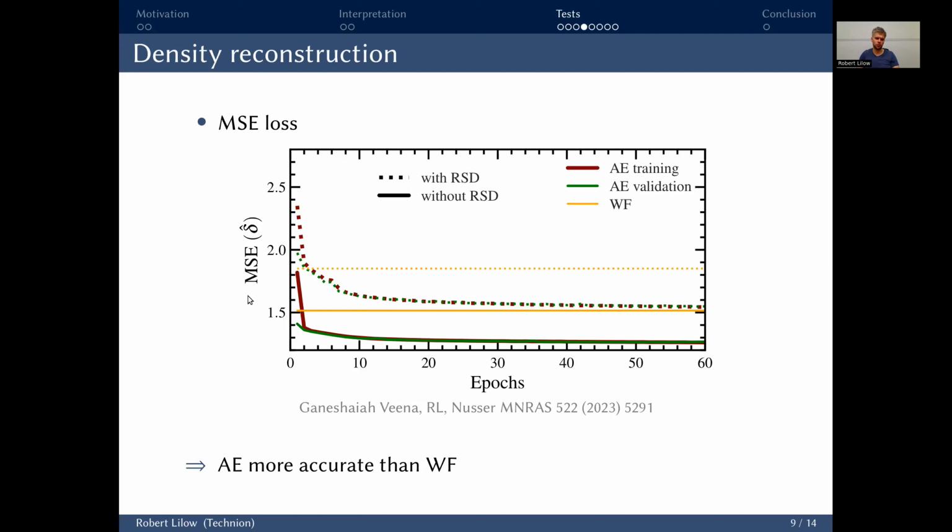However, you can see it more clearly now from looking at the mean squared error as a function of our training epochs. So let's first focus on these lines down here, the solid lines. Red is the loss function computed for the training sets we actually use for the minimization of the loss function. And the green is a separate validation set to make sure that we're not overfitting to our training samples. And as both lines lie on top of each other, that's not happening. Excellent. Also, we have a nice and stable convergent behavior, and overall a consistent 15% improvement over the Wiener-filter. For the redshift-space distortion case, it's a similar picture, just overall slightly worse reconstruction accuracy, as you would expect.